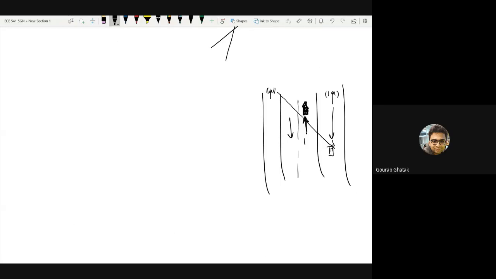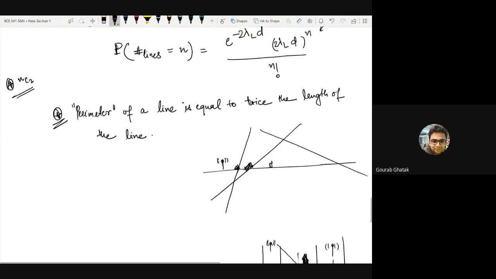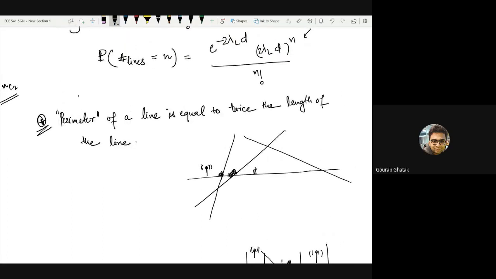But we will not go into details of modeling such kinds of networks. When will this kind of link be broken? In case there are, let's say, cross sections, and a vehicle moves like this, and a base station is located here. So we will be interested in how many lines cross a given line, or how many roads cross a given road. That's the practical motivation to look at it, and that brought me to saying this property.